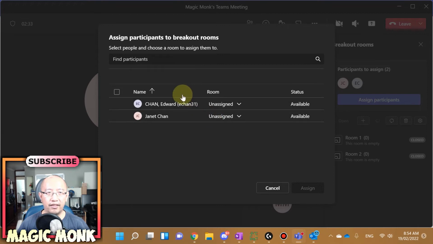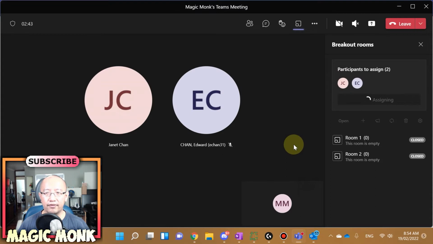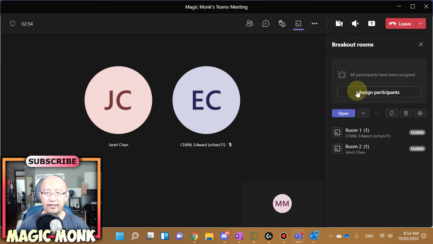Okay, so because there are only 2 people right now, I can say that the first person goes into room 1 and the second person goes to room 2. And I'm going to click on assign. Okay, it takes a second to assign them, but you can see here that room 1 has Edward, room 2 has Janet. And currently the rooms are closed. That means that we are all still in one big session. But as soon as you click on open,